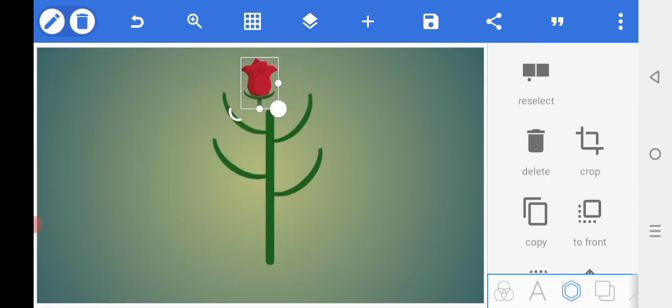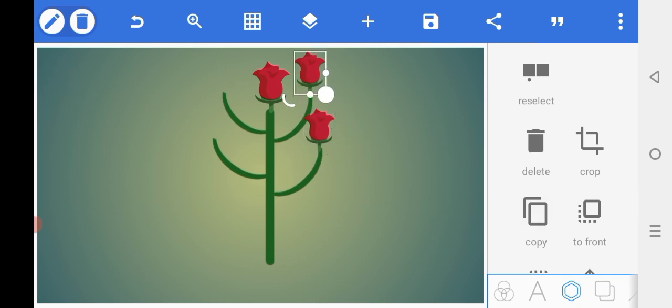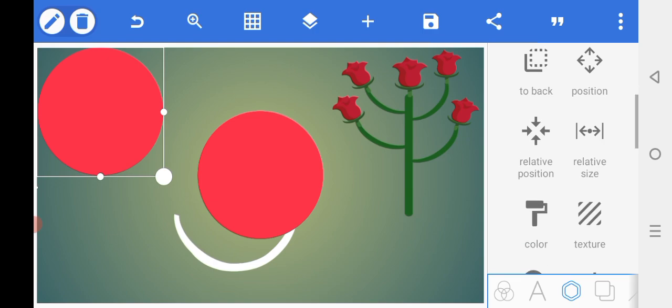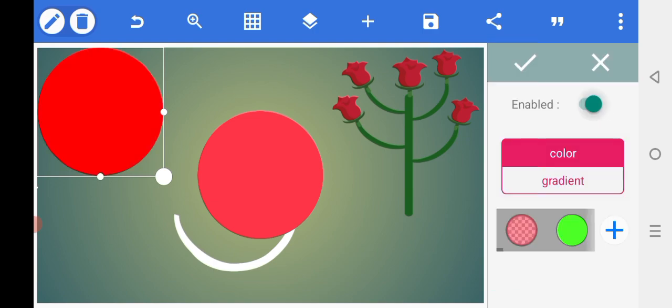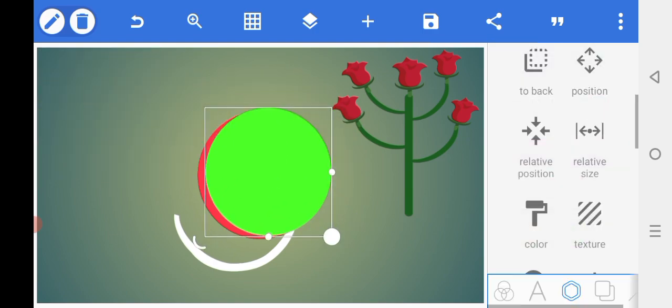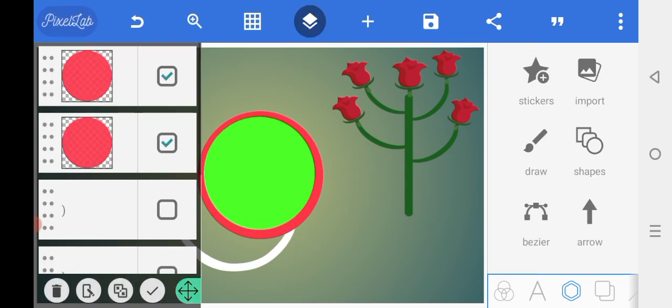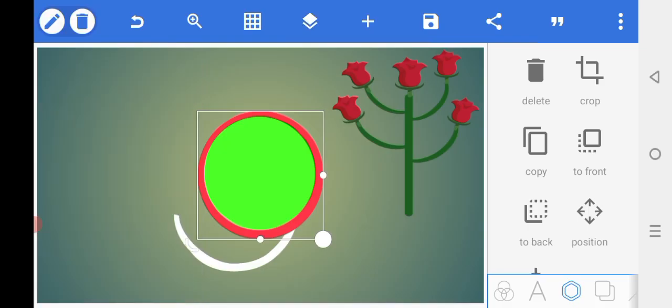Then select the text edit, select a sticker, duplicate the sticker. Then select the text edit, select another shape, duplicate the shape, save the shape, adjust the shape configuration, select the